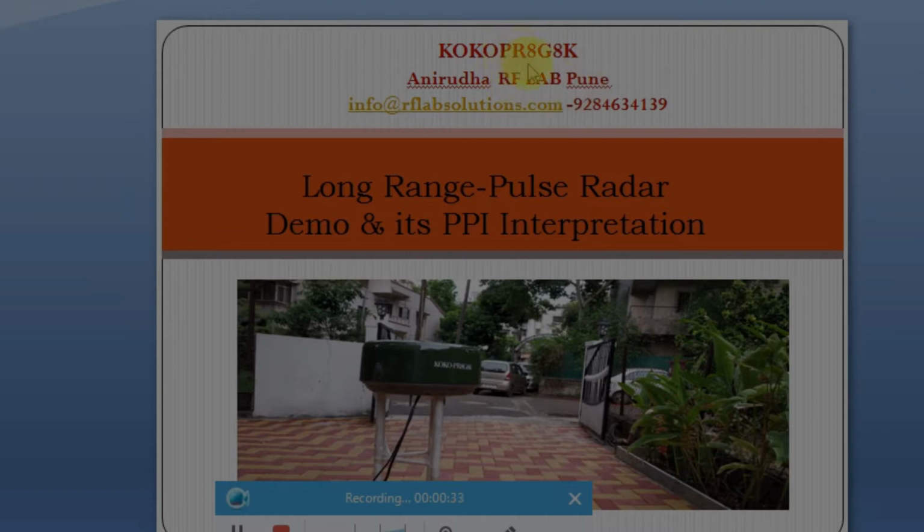PR means pulse radar, 8G means 8 gigahertz, and 8K means 8 kilometer. That is an X band based radar. It is a technology related to the pulse radar. In this demo, our today's agenda is